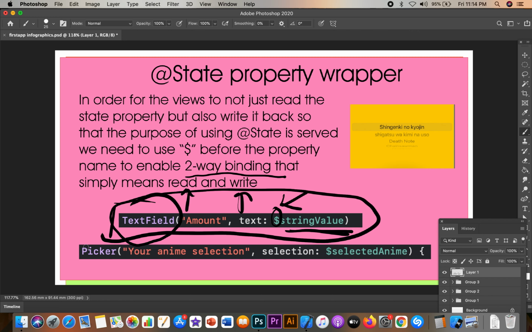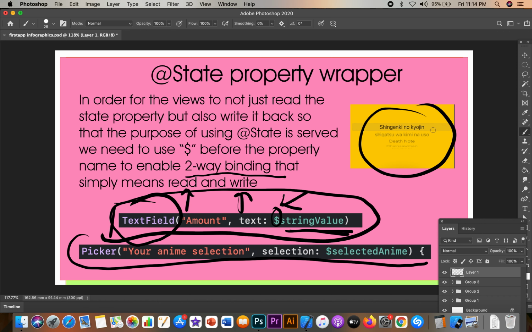Again, in the picker, as I told you, why you need to declare your state property as a string or as an integer. For pickers, you need to declare it as an integer because it's like an array, so to say. It changes its value from 0, 1, 2. But text fields only accept text type.